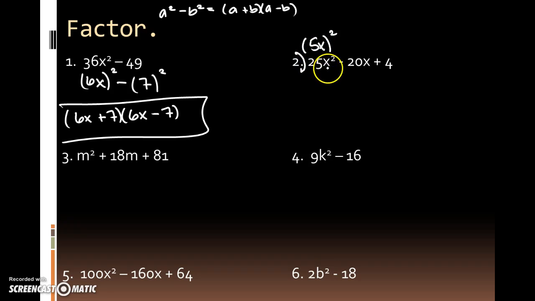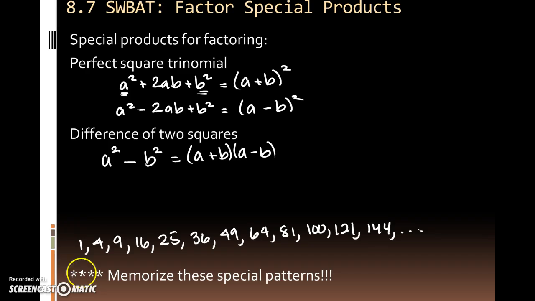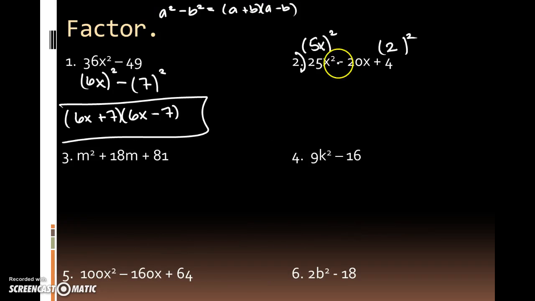X squared gives me x squared. And then the same thing with this 4. What squared gives you 4? 2. How many terms do you have here? 3. This is a perfect square trinomial. Again, it's a perfect square trinomial. So you're looking at one of these two. Because it was subtraction in the middle, I should be looking at,